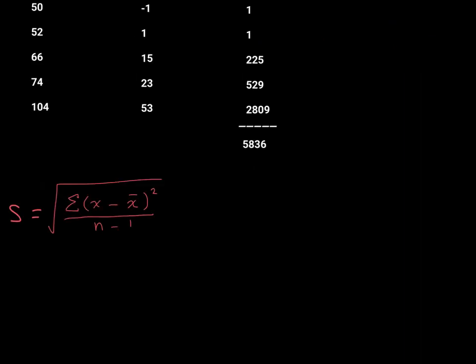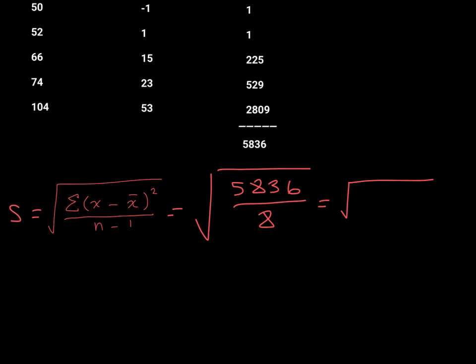My standard deviation, which is S, right, is equal to the square root of all of this, right? And so now this is the square root of, I know what the numerator here is, it's 5,836. And I'm dividing that by 8, 9 minus 1, right? So this is the square root of 729.5, which is approximately equal to